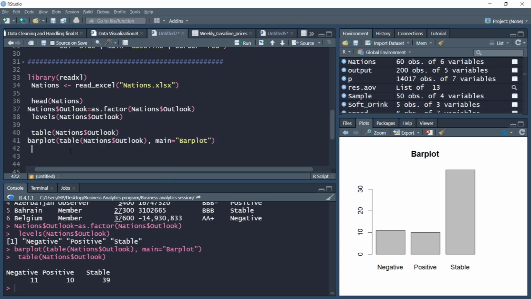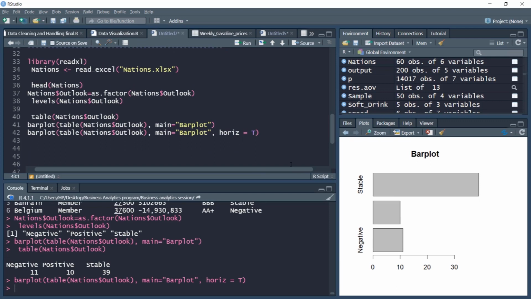Instead of this, you can use horizontal as true. So if I do that, horizontal as true, the graph will be tilted a little, so those permutation combinations you can do. Let's do a little bit more aesthetically improved graph now. For example, I can use this same command and I can add some more features, starting with, let's say,